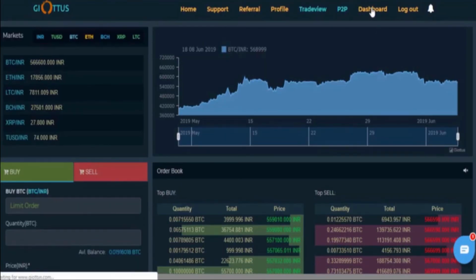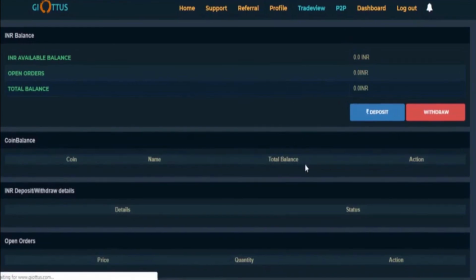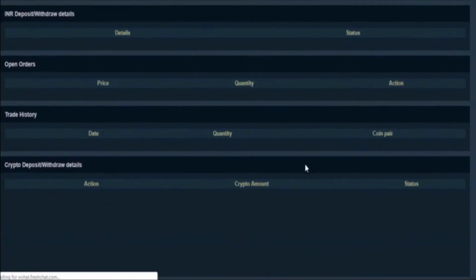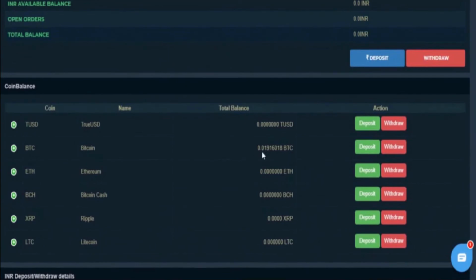Now once I go to my dashboard, I will see my INR balance is now 0, and that INR balance has been converted into Bitcoin. So right now I have 0.01916018 Bitcoin in my account. The amount of Bitcoin increased because I just bought Bitcoin.